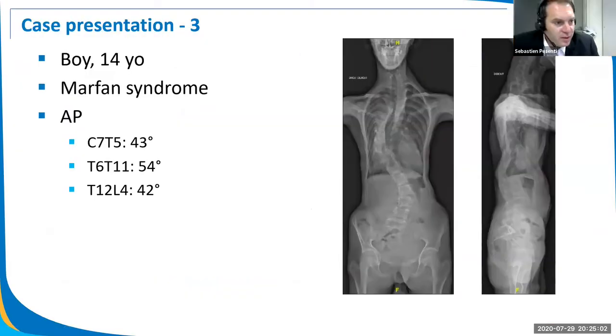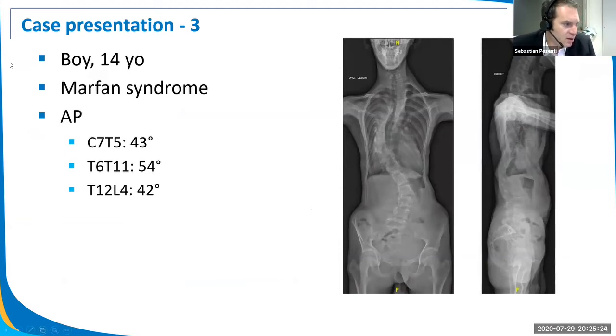Okay, so let's move to something else than AAS. This one is Marfan Syndrome. He's 13 actually, not 14. I mean, he was 13 at this time. So he presented with this